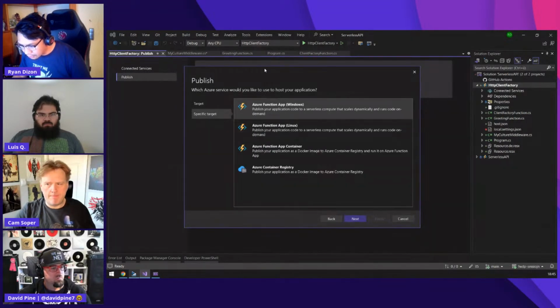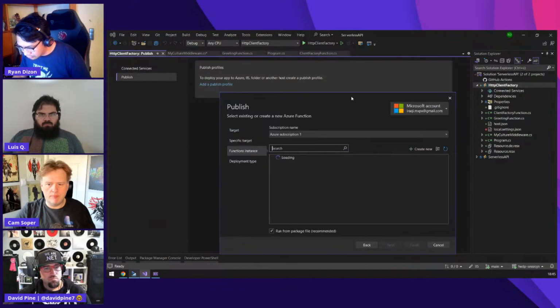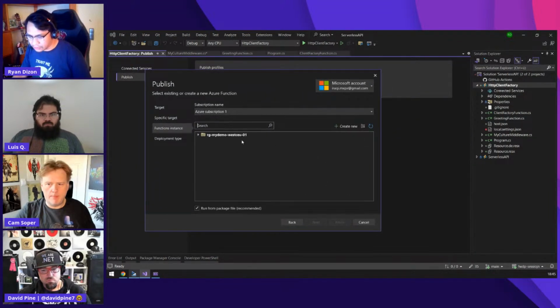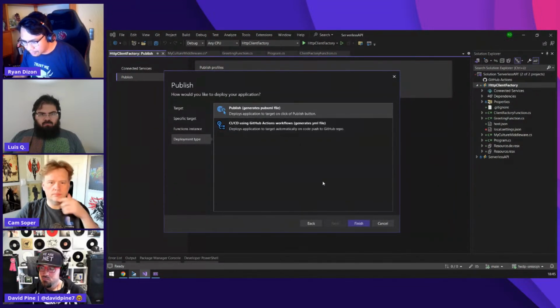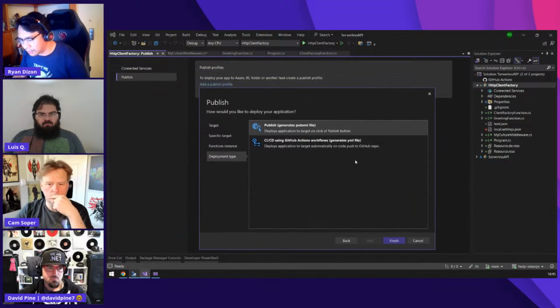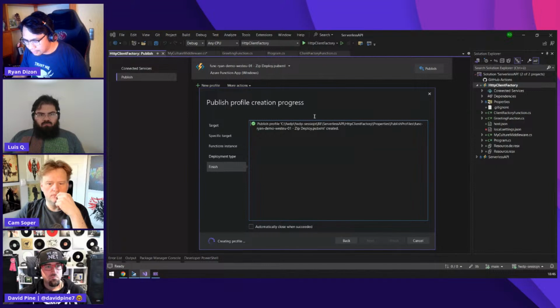Actually, I am already logged in, so it will automatically list all the function apps that you have created in your Azure portal account. In my case, I have this one. Once I click this, my Visual Studio will generate a publishing profile for me.